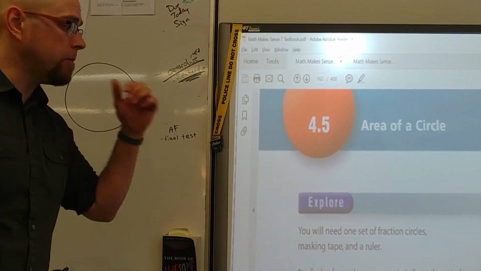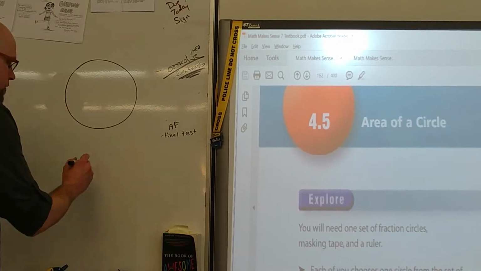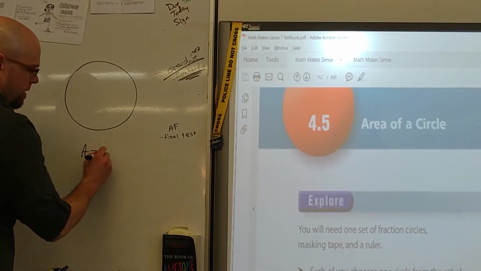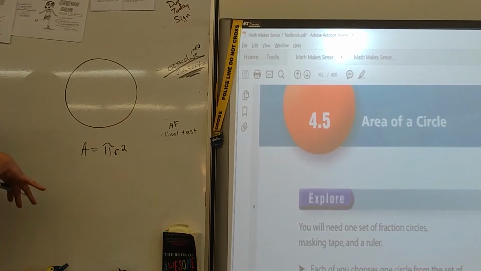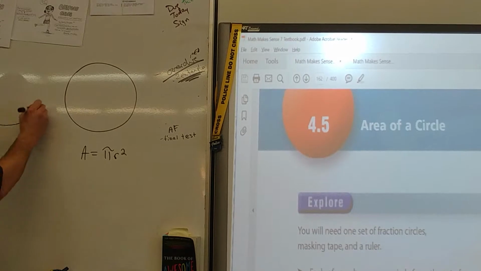This week we're talking about 4.5, area of a circle. The area of a circle is pi times r squared, but we're going to start off first by reviewing our circumference because that's what we did last time. So if I have a circle,